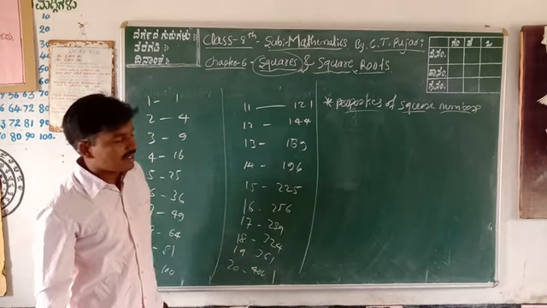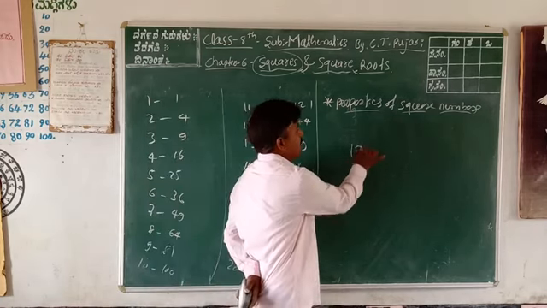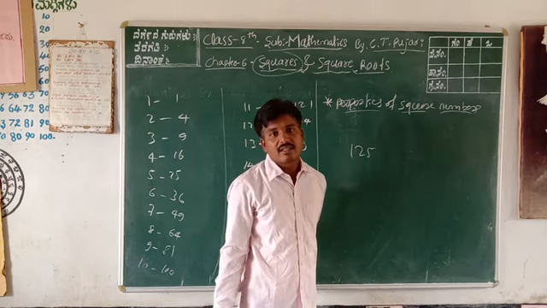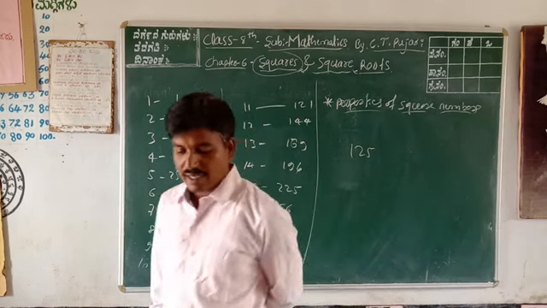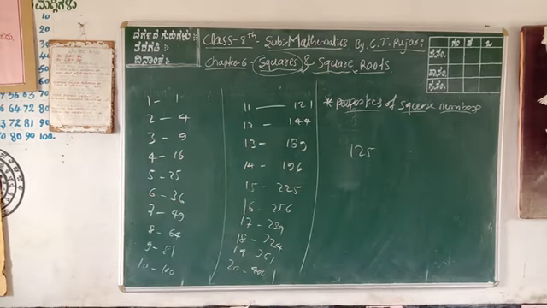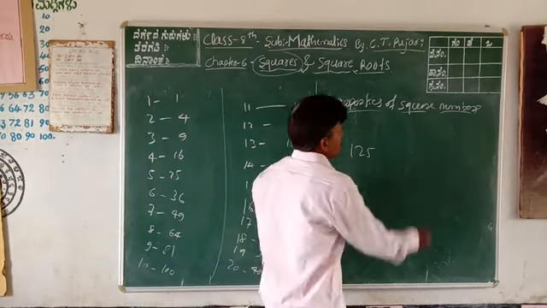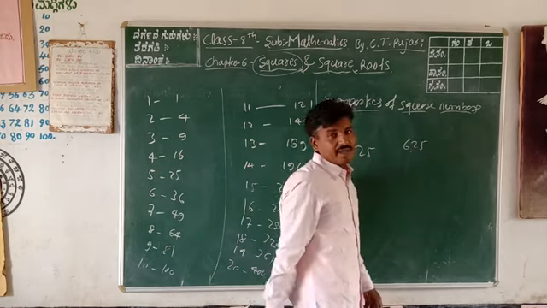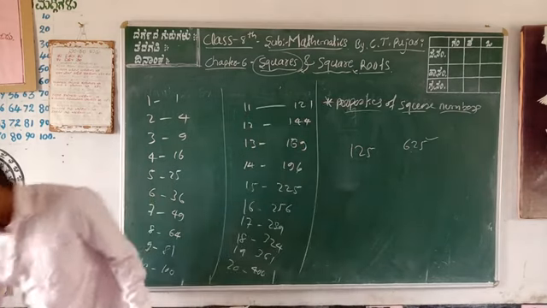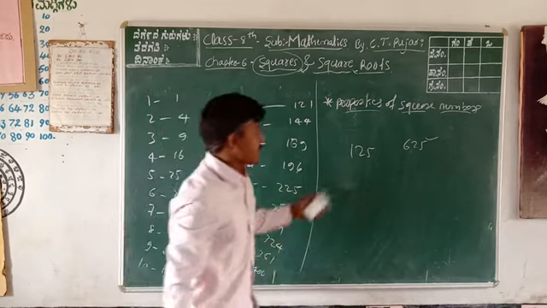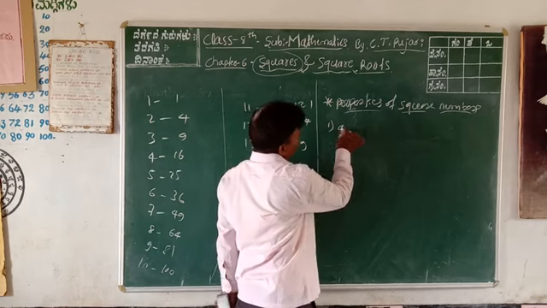Before studying the properties, check yourself once again. 125 is not a square number. This is not a square number. Next one also, this is not a square number. And 625, this is a square number. Yes, this is a square. The property is that you can study only in squares. Property 1: all square numbers